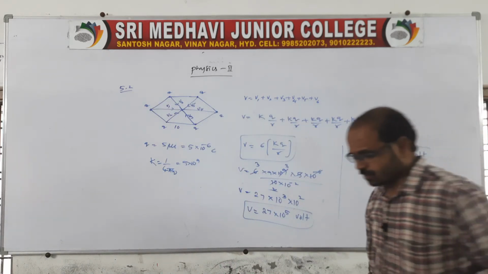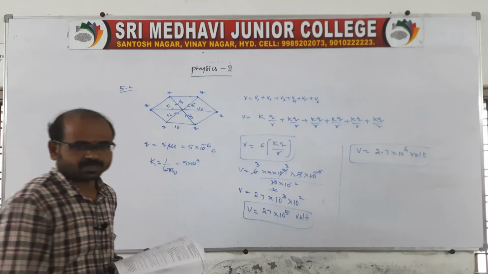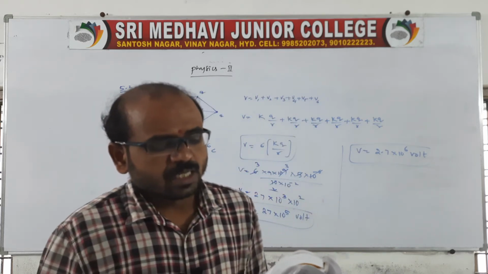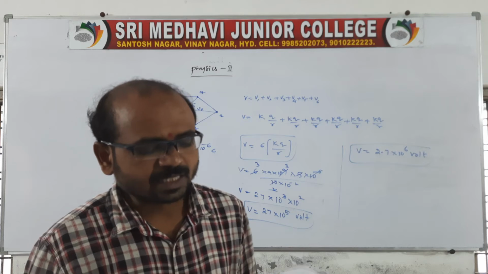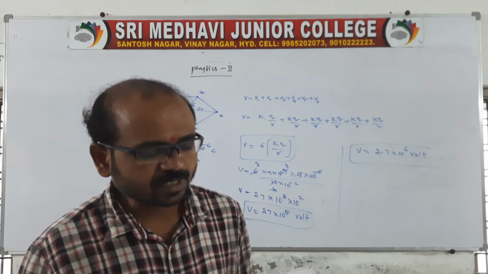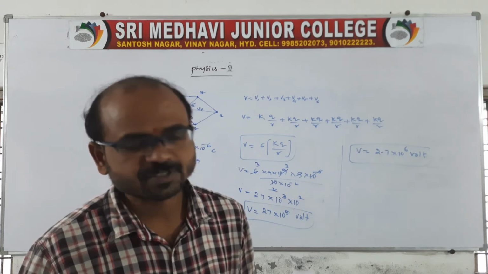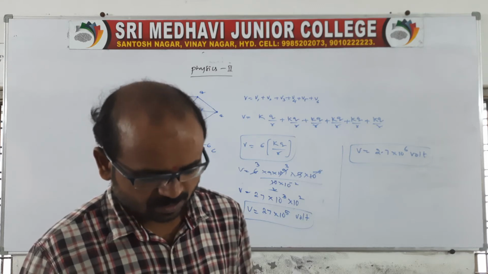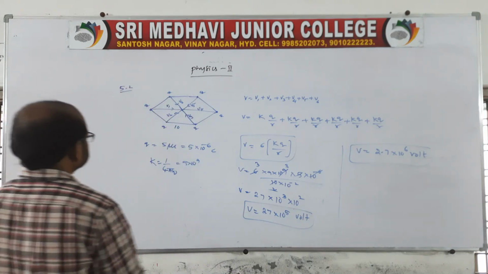Right. So I would like to tell you another problem. Actually this question was related to the previous chapter. Unfortunately this question is given in this chapter. No problem. Look at a spherical conductor of a radius and a charge distributed uniformly on the surface. It is asking what the electrical field is. We know the answers for a spherical conductor. It is on the sphere, outside the sphere, and inside the sphere. That we have to take.